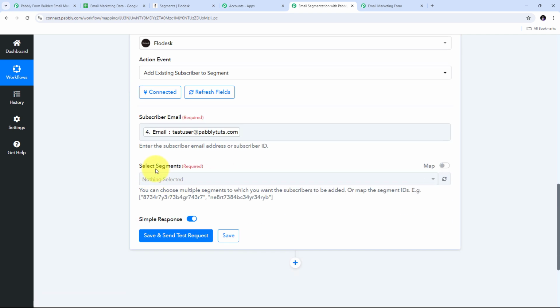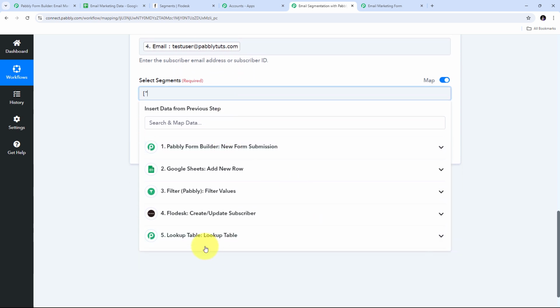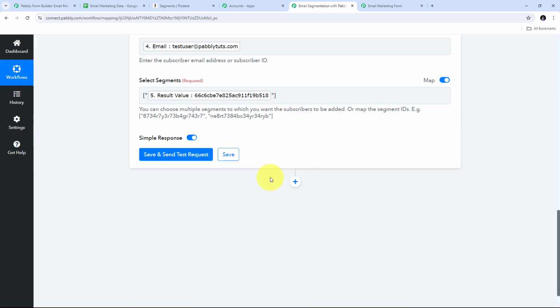give my segment ID. So here what I'm going to do is I'm going to first toggle on this map button, and here for giving the segment ID, I need to use this square bracket. So I need to map my segment ID in the square bracket. So what I'm going to do is I'm going to first create a square bracket. I'm going to give a double quote, and I'm going to map the segment ID that I'm going to receive from my lookup table. So I'm going to open this tab, and I'm going to map the segment ID now. I'm going to close this bracket, and now I have mapped the segment ID. Now what I need to do is I need to click on Save and Send Test Request button,